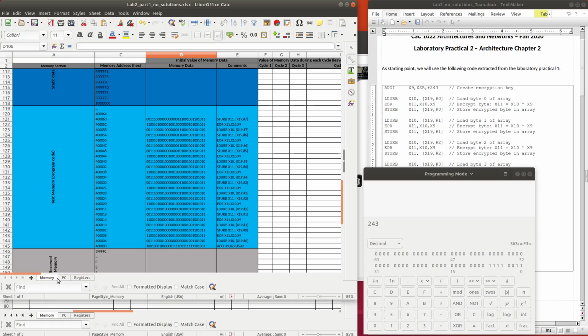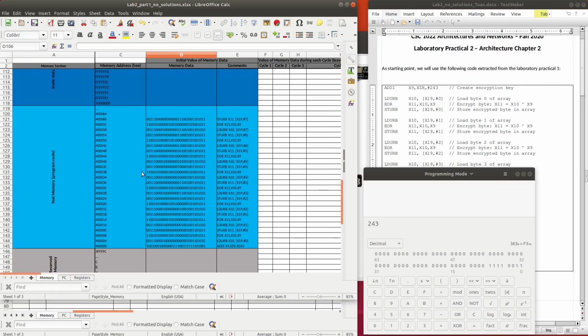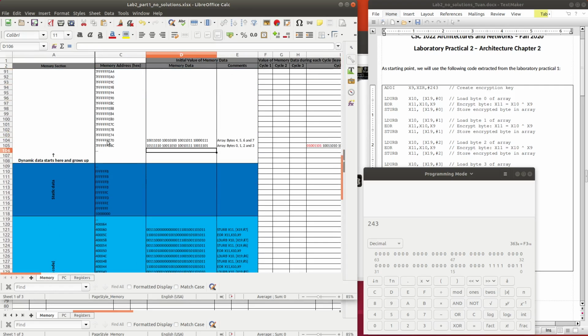Here at the initial time, we have the value of x19, that is 7FFFFFE6C. So we search for that memory address at 7FFFFFE6C.